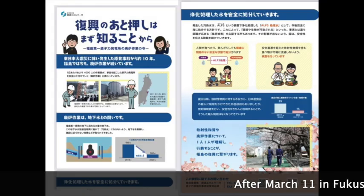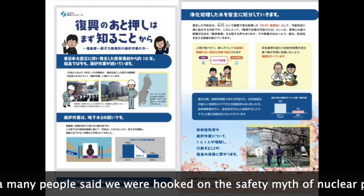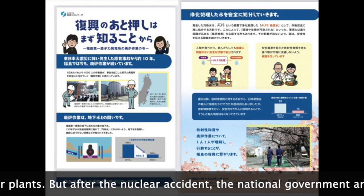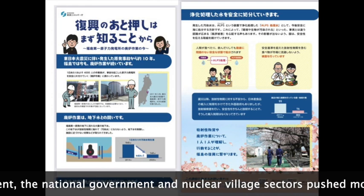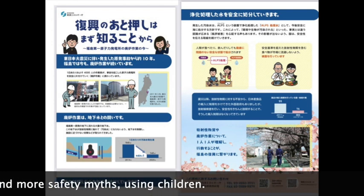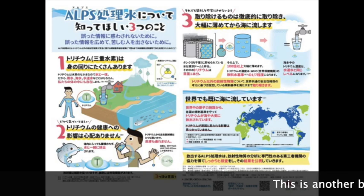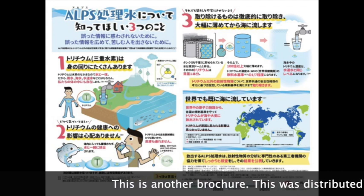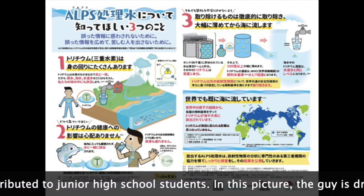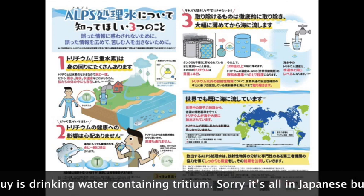After March 11 in Fukushima, many people said that we had believed in the safety of nuclear power plants. But after the nuclear accident, the national government and the nuclear village sectors push more and more safety messages, using children. This is another brochure, distributed to junior high school students. Please look at this picture. This guy is a human being, drinking water